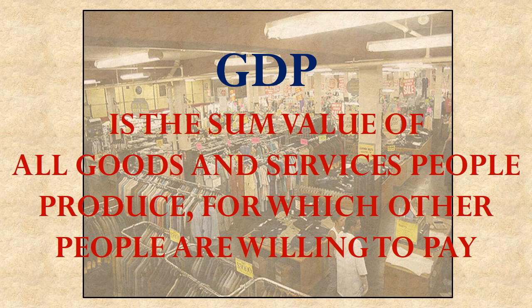GDP is the sum value, in other words, the total amount of all the goods and services that people make that they then try to sell to other people, that other people are willing to buy. So it's the total production of the country during a certain time period. Usually it's an annual measure. Each year the government estimates the gross domestic product of the entire country and compares that to previous years. Matter of fact, they keep track of it on a quarterly basis, even within years, to try to see if the economy is actually growing or getting smaller.